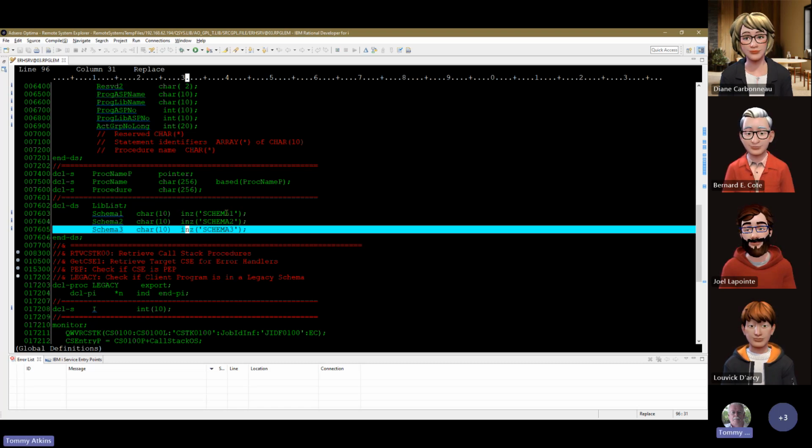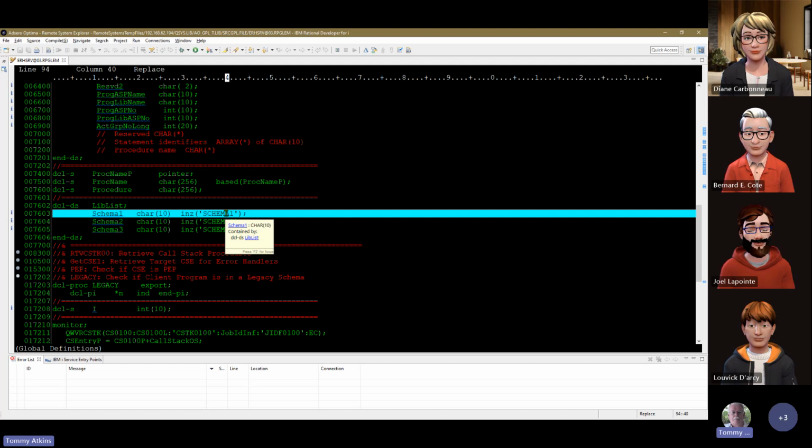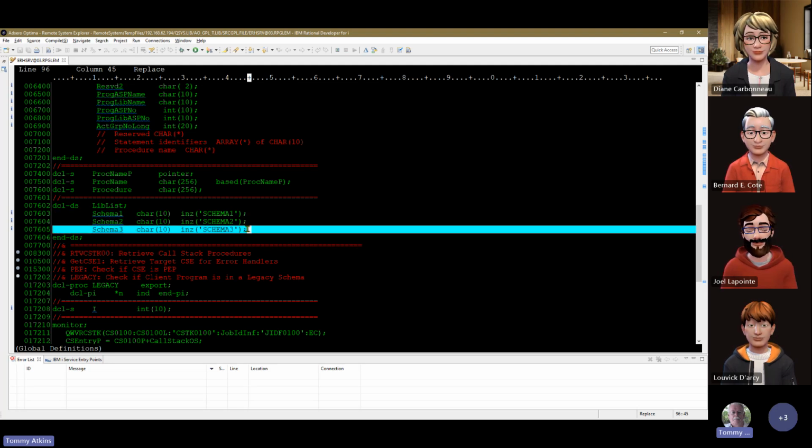You might have more than one. And remember, if you've got a developers, test, and production environment, you will have a legacy schema and a new schema in each of those environments. So you could have 3, 6, 9, I don't know how many schemas you might have in here that contain legacy code. So you hard code a list of schemas here